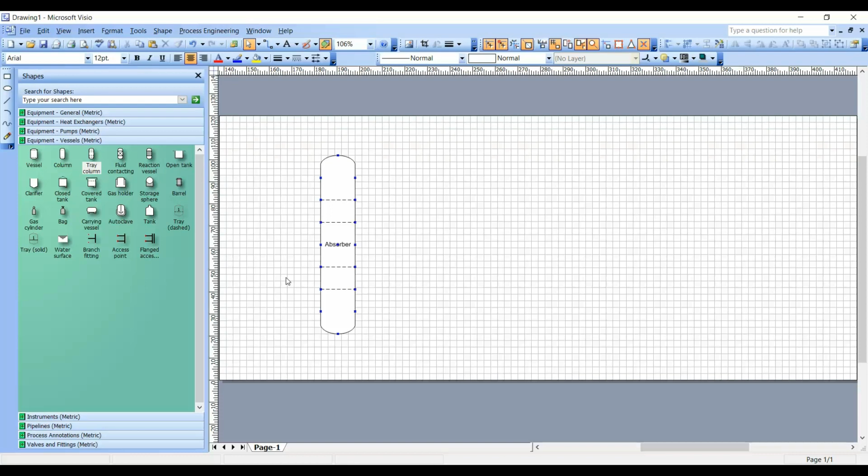So for the absorber, what we want to do is to have four streams: two from here and here, and two from here and here. I will go through these quickly. So the first stream would be the